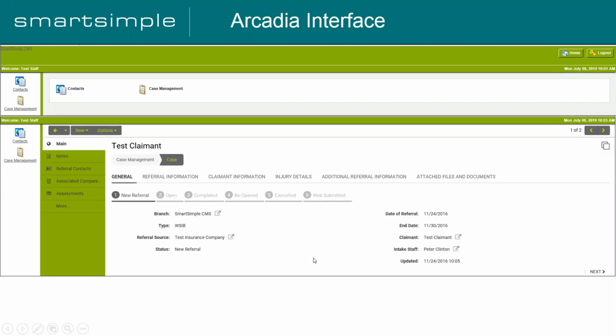What we are showing you is by not doing anything at all, no portal designing, no activation of an Arcadia-specific portal for a role. When you do a basic switch, how will the system be rendered? But then you can take it further. You can design the portal. You can design the entire layout of the home page and create different tabs. There's a lot more that can be done within the Arcadia portal when you do the designing. And this is the reason why we're encouraging everyone to do the switch to Arcadia right away, so that they can avail of the configurable features that we have within SmartSimple.